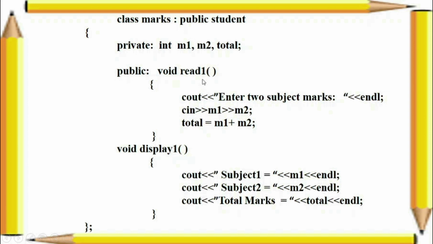Can you understand? Read is the member function for getting the details of register number and name. Now the member function named read1 is for reading the subject marks, and we are calculating the total of those subject marks. Then